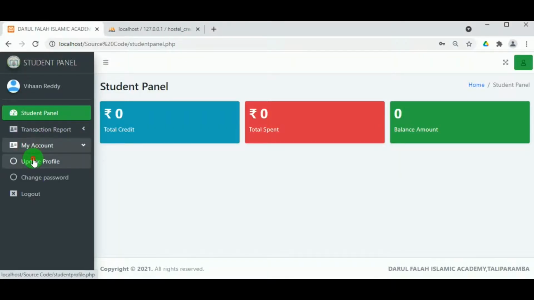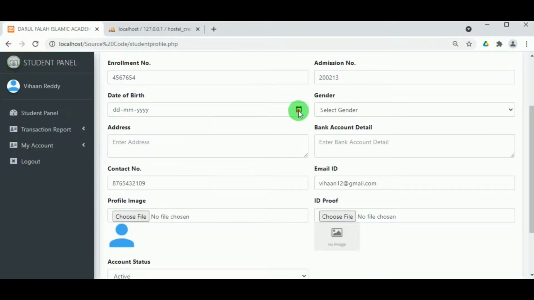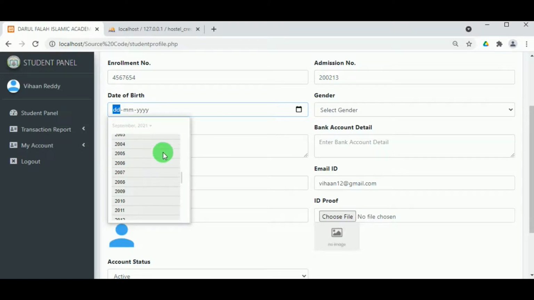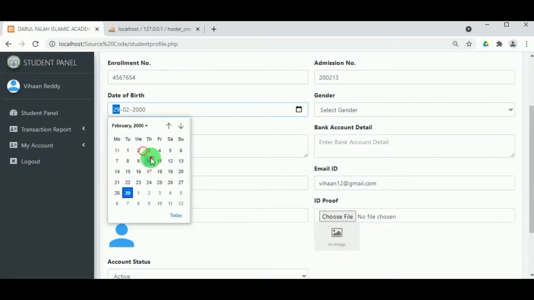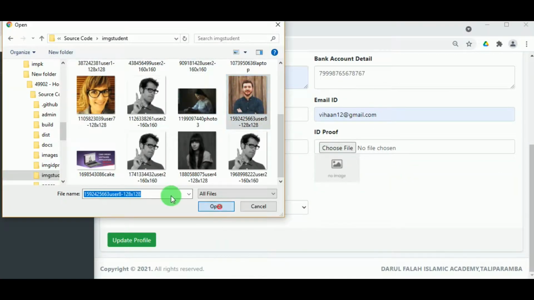So once the student logs in, they can update their profile details, they can add their birth dates, then their address details, gender. The address of the student must be entered, then the bank detail must be entered, the profile of the student and the ID proof of the student.